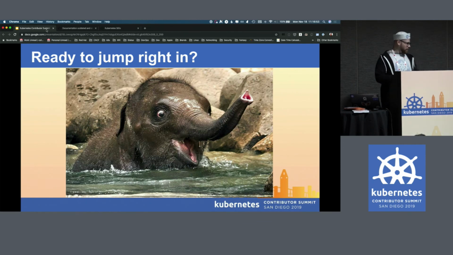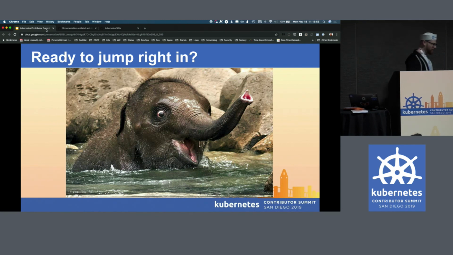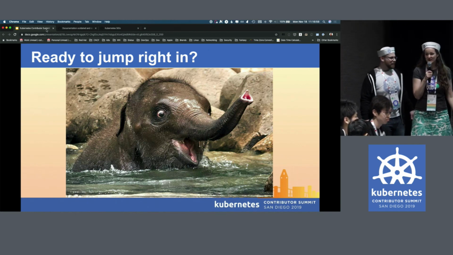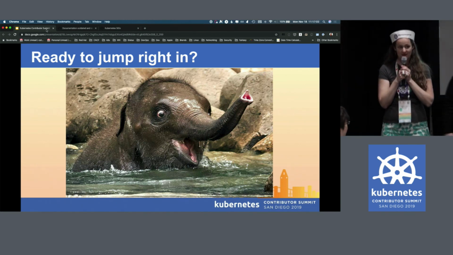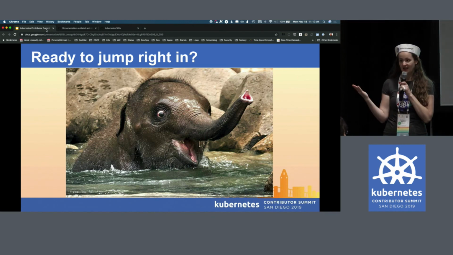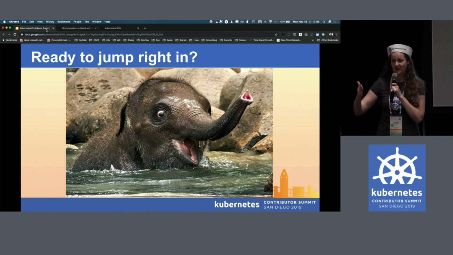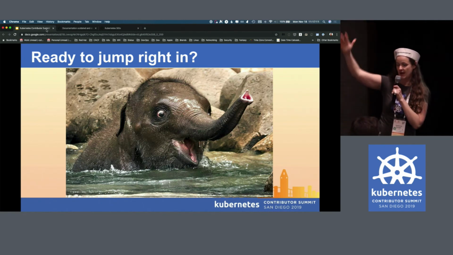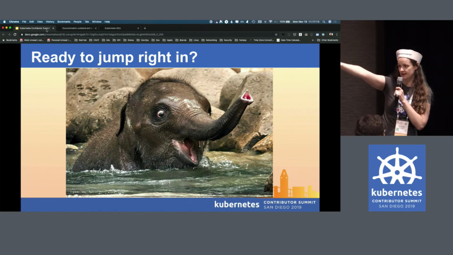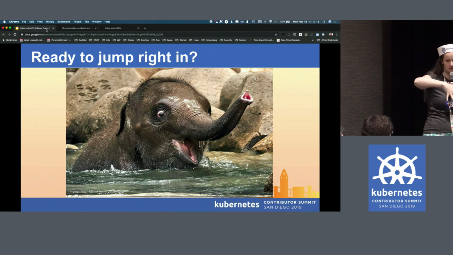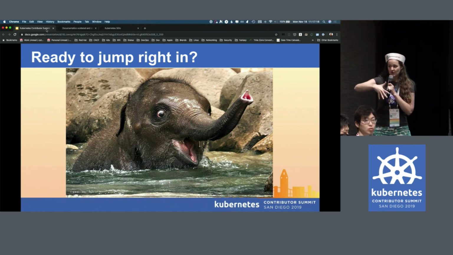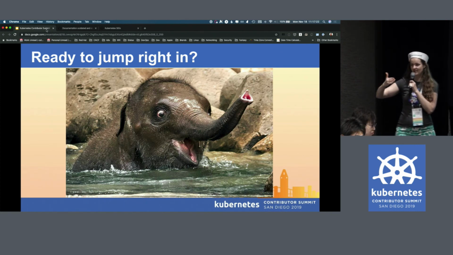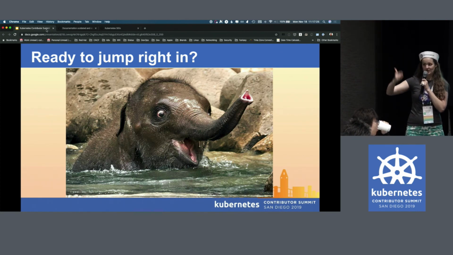All right, thank you so much, Bob. This is the part where we're going to split up into the beginner and the intermediate workshop. Here's how you decide which one you should be in. First of all, this wall is going to come down, and the beginners are going to be on that side of the room, and the intermediate folks are going to be on this side of the room. So reorganize yourselves accordingly.